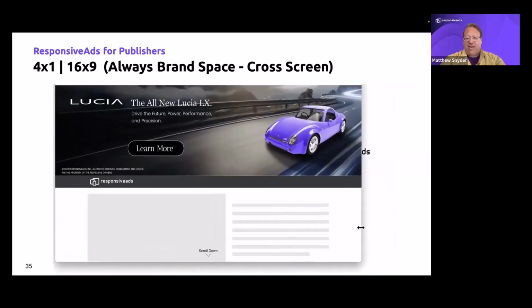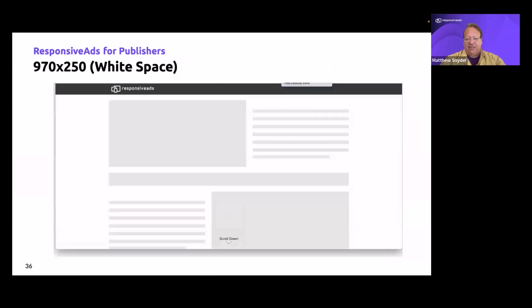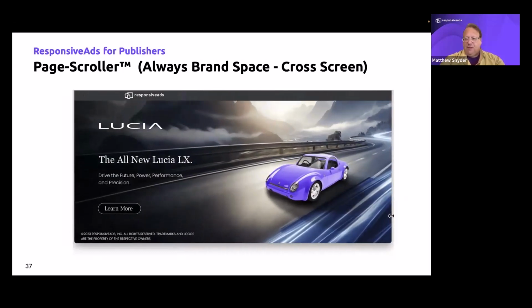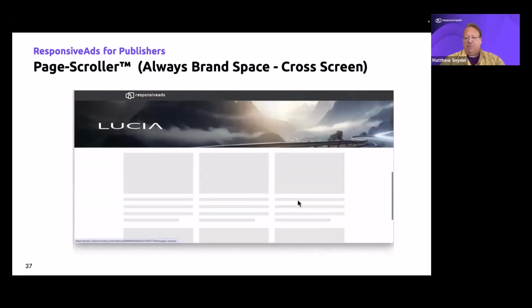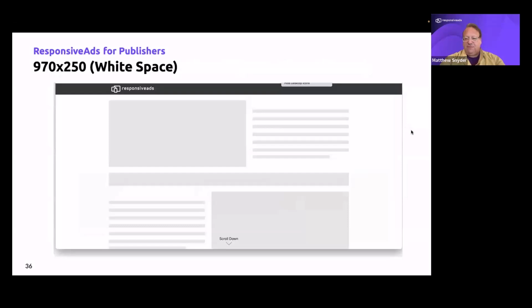And for publishers that want to have programmatic mid-page experiences, traditionally, this is the 970 by 250. We've replaced this with the high-impact cross-screen format that we call the page scroller. In summary, Responsive Ads enables publishers to sell, deploy, and track the most advanced, fluid, cross-screen